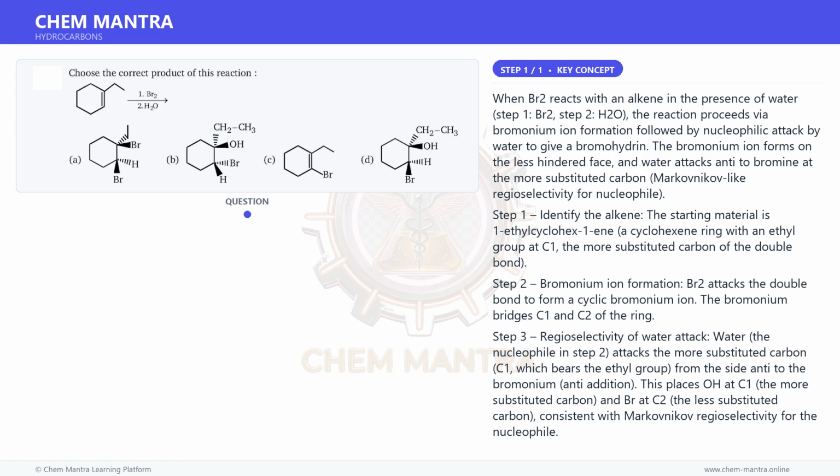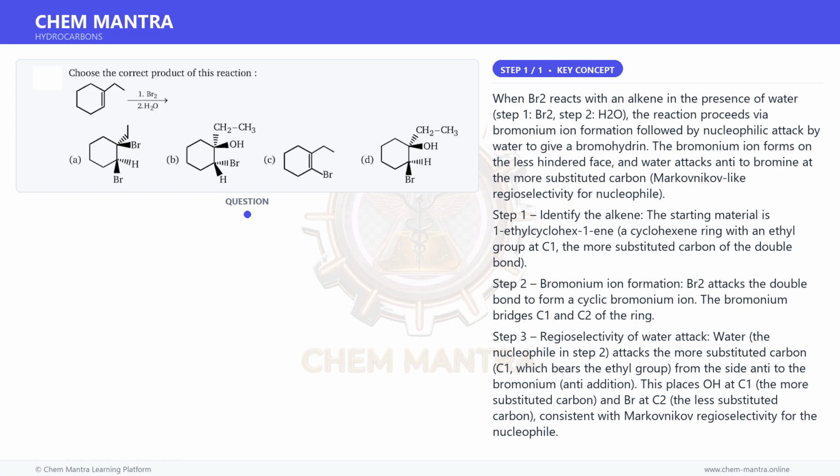Step 5. Why other options fail? Option A shows a dibromide addition product, Br2 addition without water, not a bromohydrin. Incorrect product for conditions with H2O. Option C shows an allylic or vinylic bromination product with the double bond intact, which would require different conditions, for example,